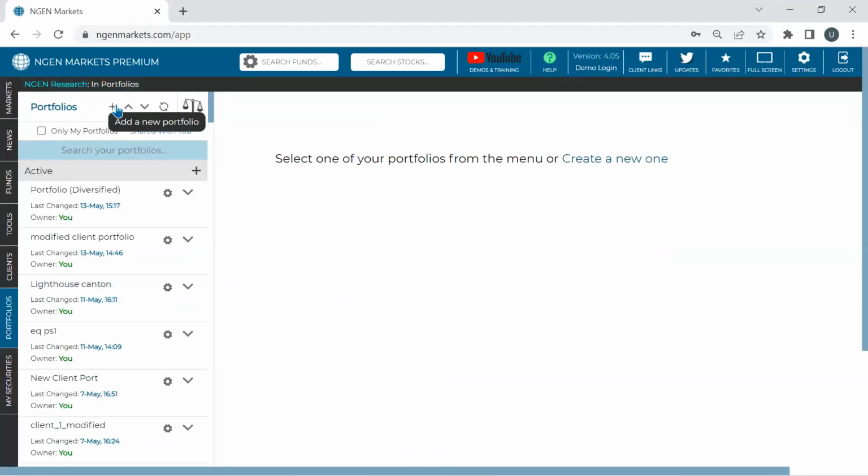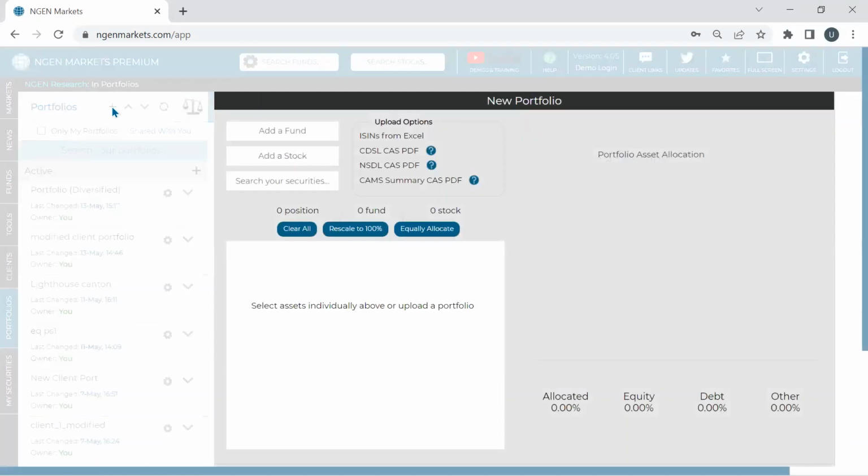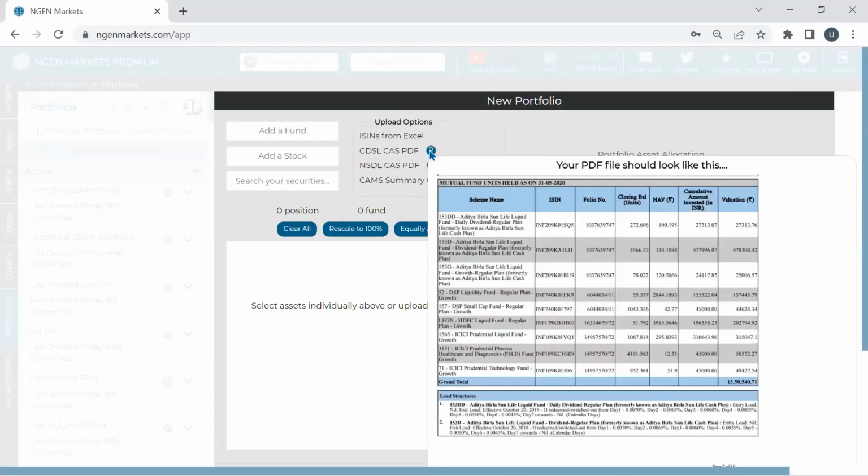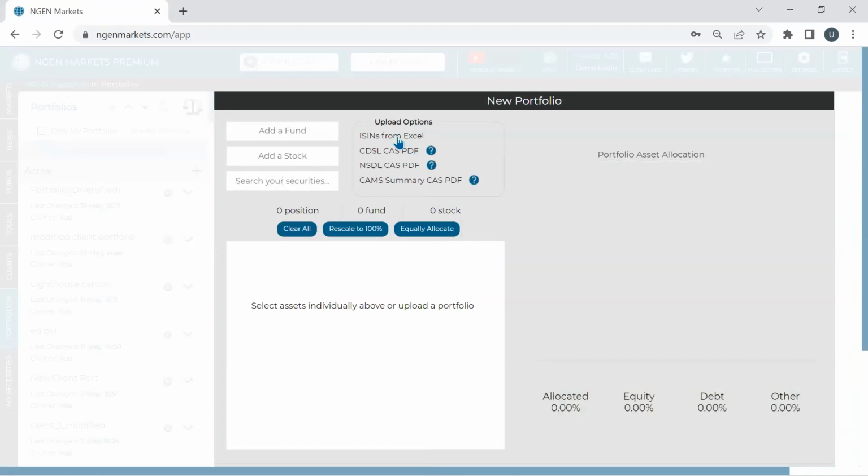So within the portfolio, what you can do is you can add a new portfolio. To add in a new portfolio, all you have to do here is click on add a new portfolio. And there are two options here. One is a manual option where you have to type in the fund, a stock or a custom security. Another is ISIN from Excel, right? And also we have given CDSL, NSDL and CAM summary report. You can add in those reports of your client and add in, but we are going to use ISIN from